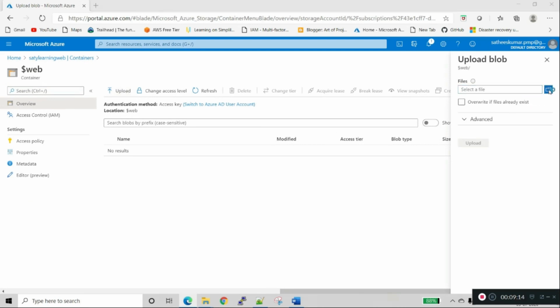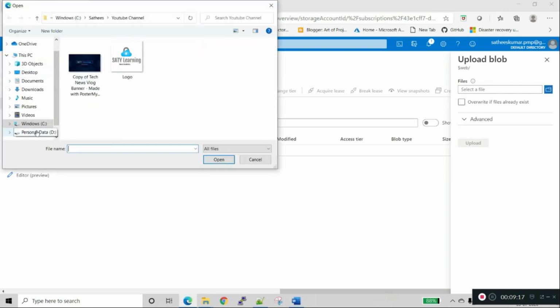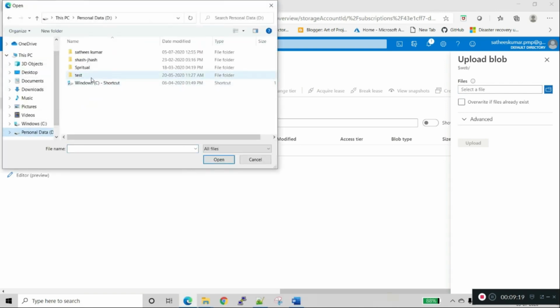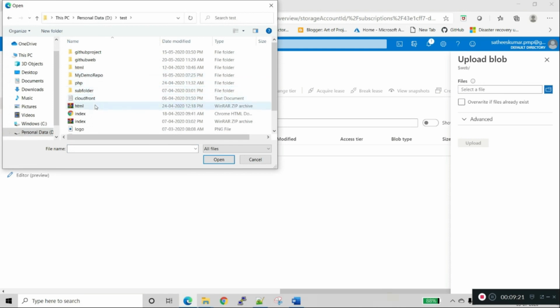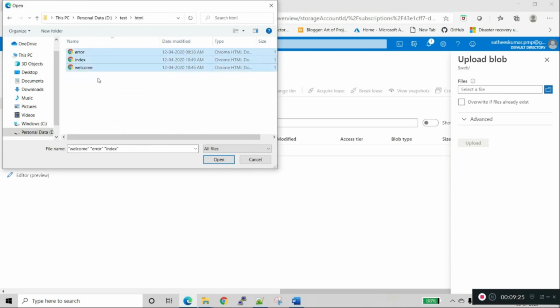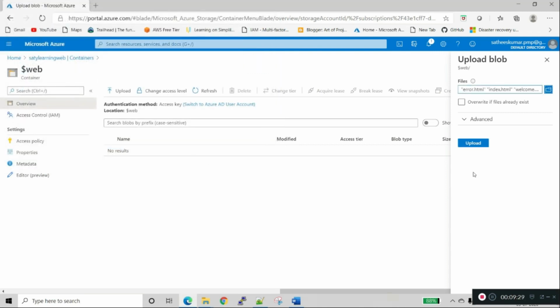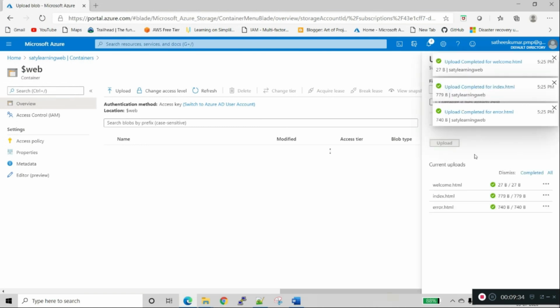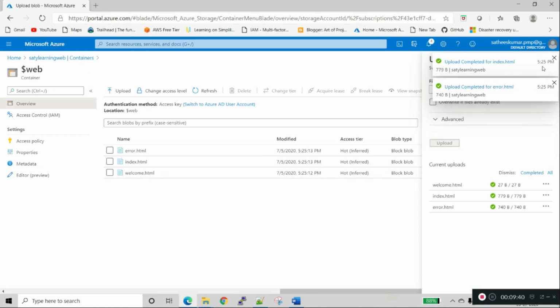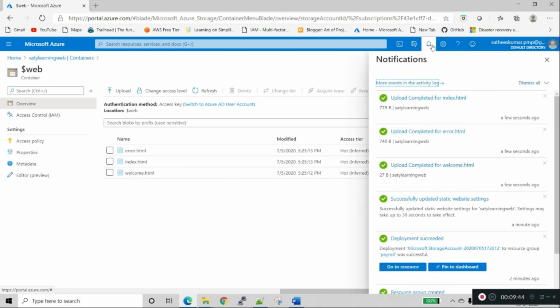Go to the file section, and I will select a couple of HTML files: error, index and welcome HTML. I will click on upload. It's uploading. Upload is completed.